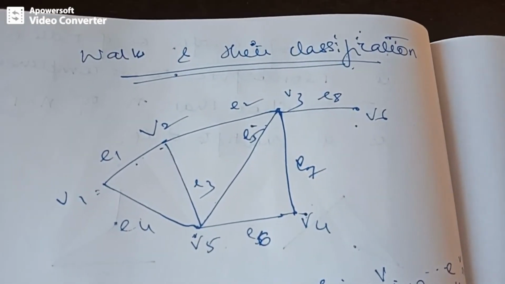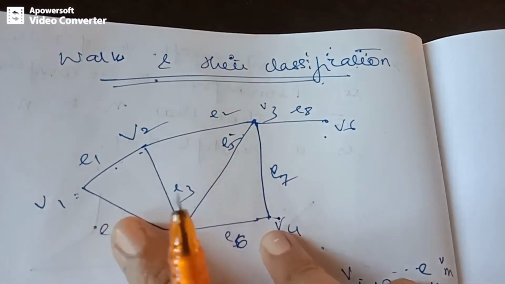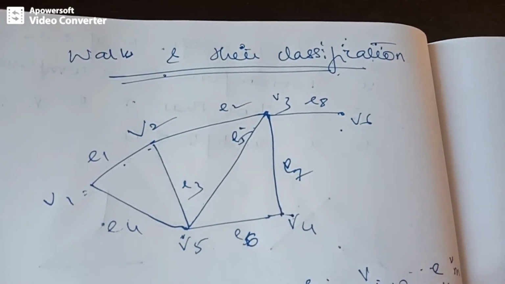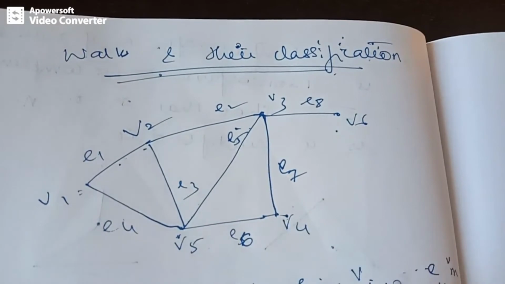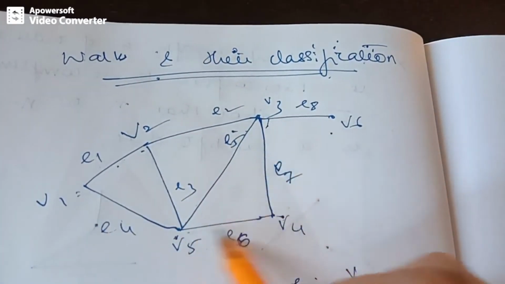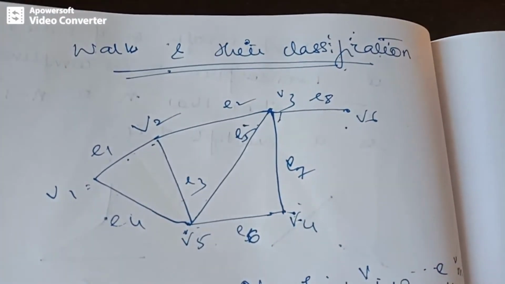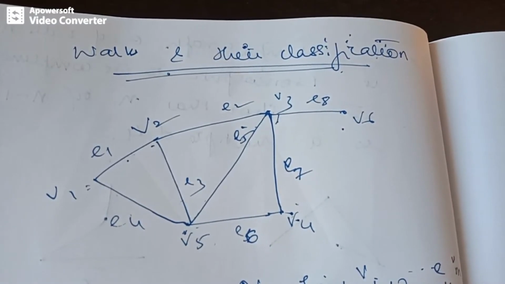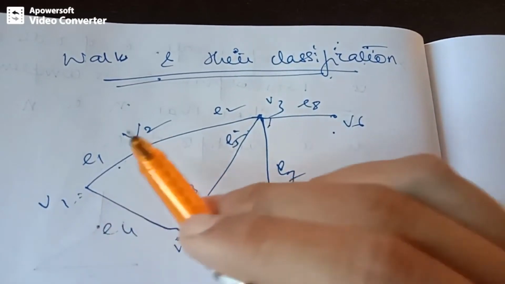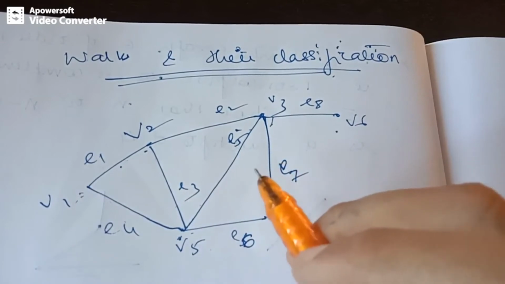So it need not include all the vertices, but it should start with one vertex and end with another vertex, and in between, a vertex or edge can appear more than once. So that is a walk, and here we have a walk of length 5. There are 5 edges, right? Like this we have many sequences which can be a walk. The vertex through which the walk begins is called the initial vertex, and the vertex in which the walk ends is called the final vertex or terminus.